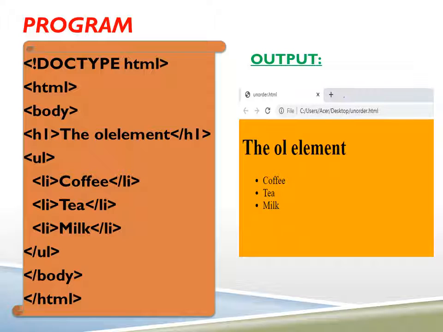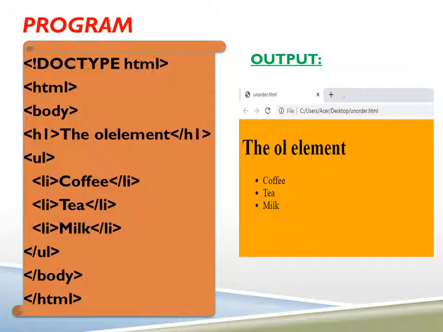The first line is H1, which is for heading in the highest size, then the text, and then H1 close. After that the code for unordered list is written. So you will use the UL tag, LI for the names in the list, coffee, and then LI close, LI tea, LI close, LI milk, LI close, and then we'll finally close the UL tag once the list is over.